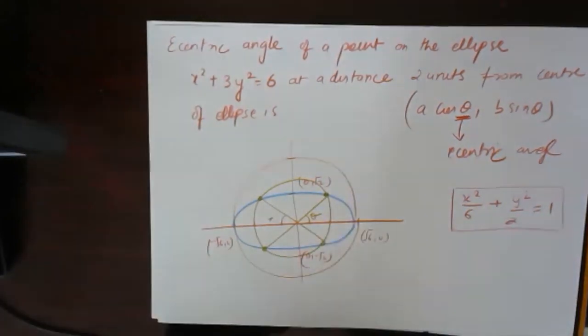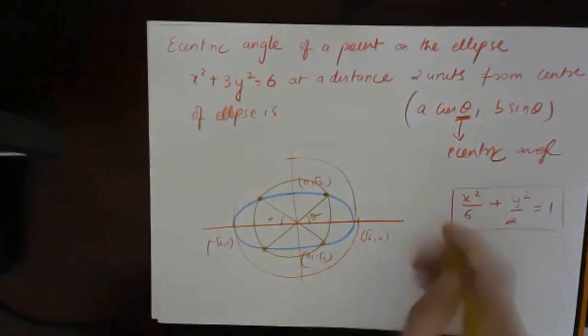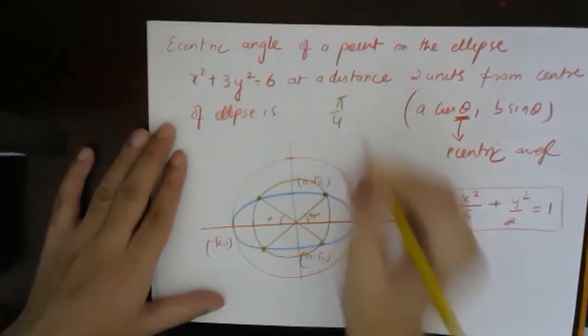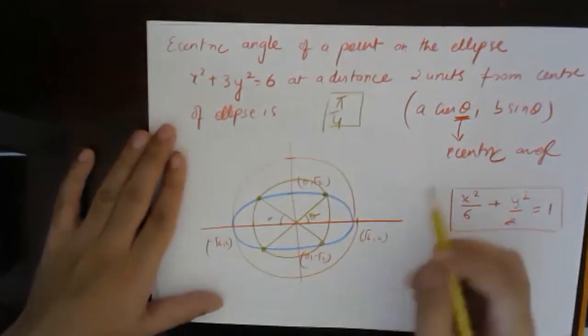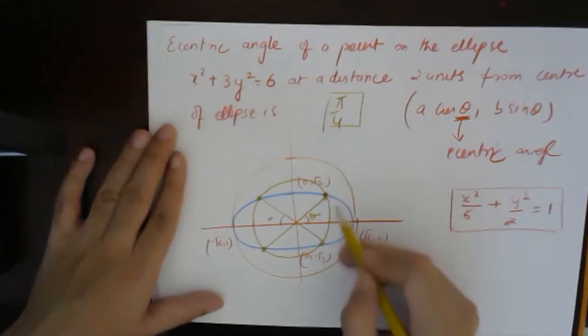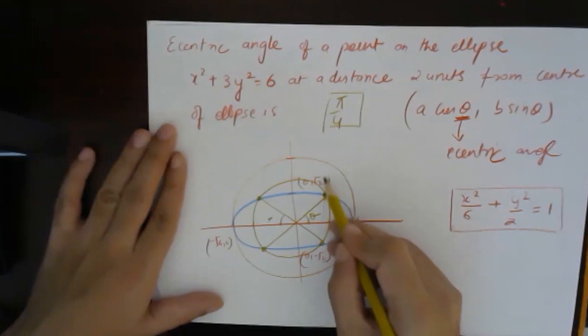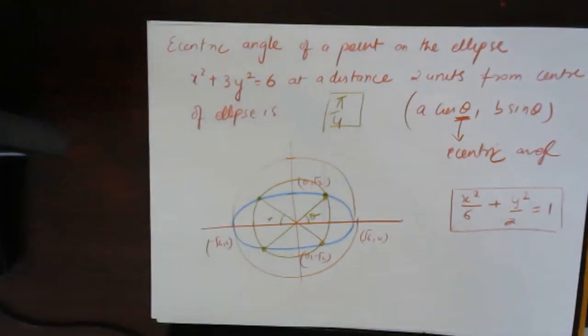I'll give you this question as homework, remaining we'll do in the next class. The answer for this one is pi by 4, meaning the first angle will be pi by 4. You just have to check how you will get this. If this is the point we have to find, I can draw a perpendicular, and then I can find the angle. Okay, so remaining we'll do in the next class.